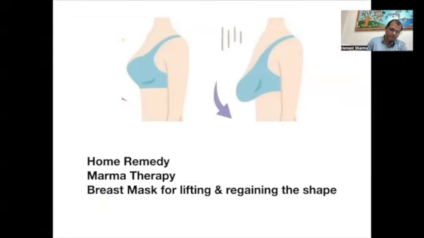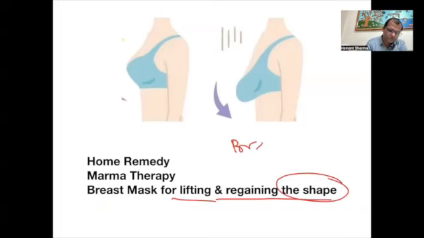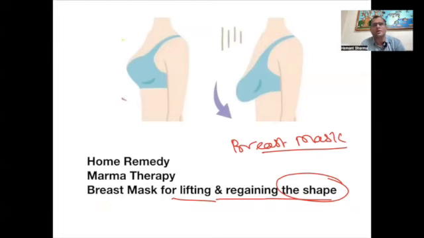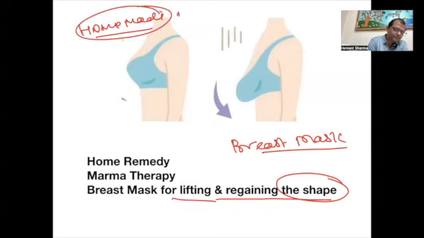So what are the home remedies and marma therapy for breast lifting and regaining the shape? So there is a breast mask. Like there are many things. We will be learning how to prepare homemade oil. But right now, I would like to tell you one thing. 我们课程中还会教大家在家自制阿育吠陀草本油。